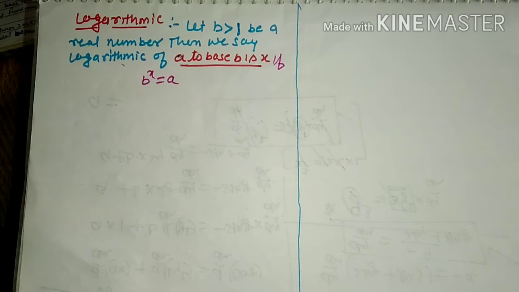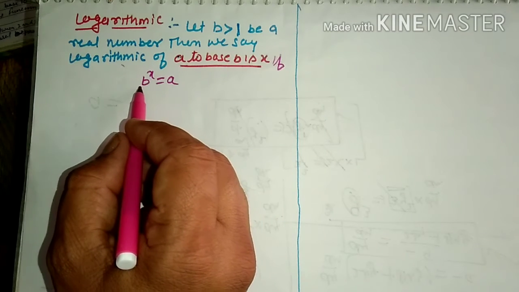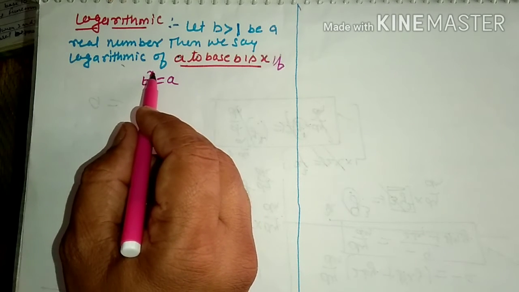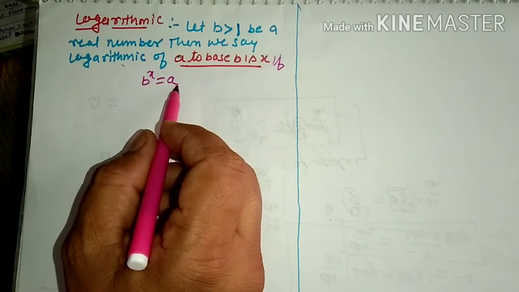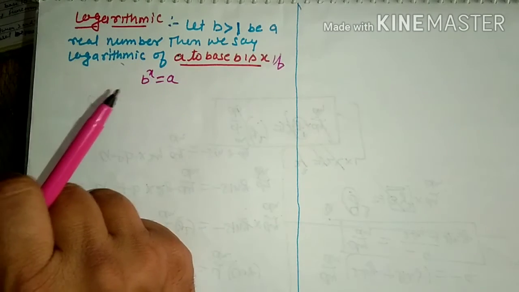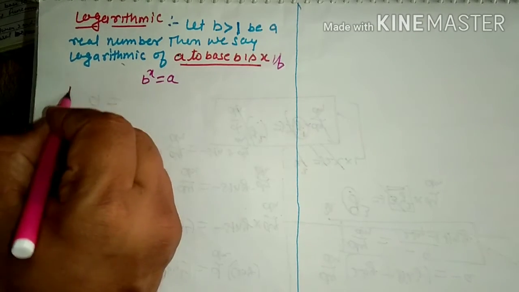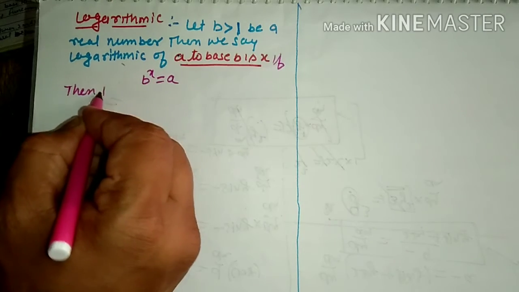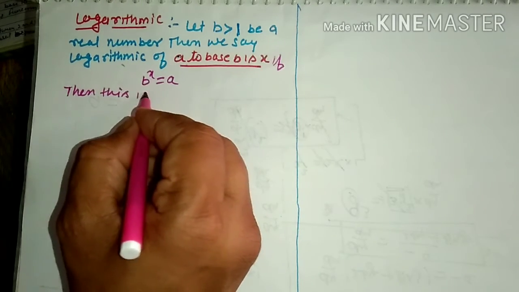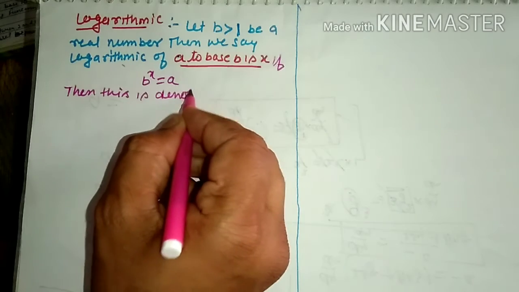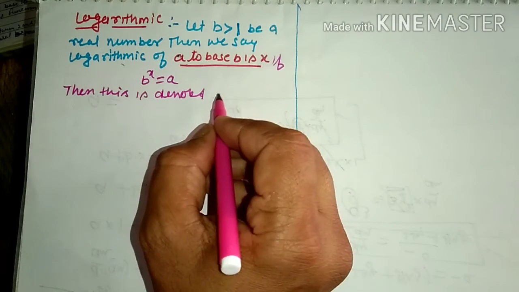So this is our exponential function whose base is constant and power is variable, equal to some constant. Clear? Then this is denoted by